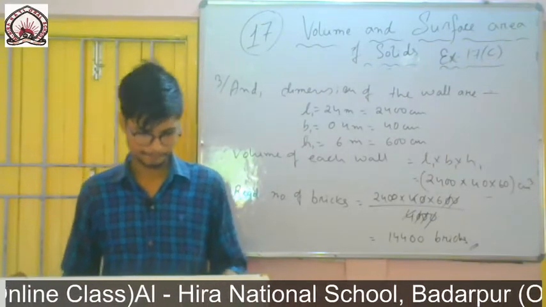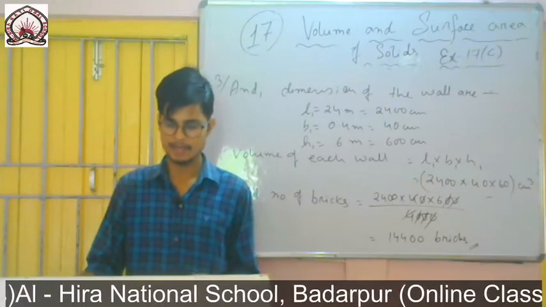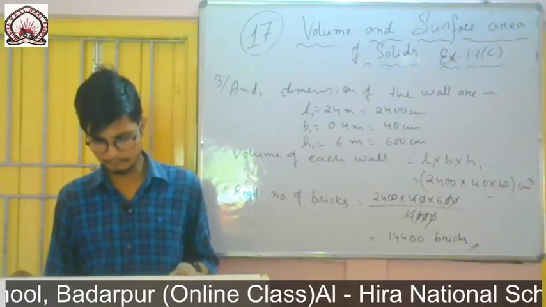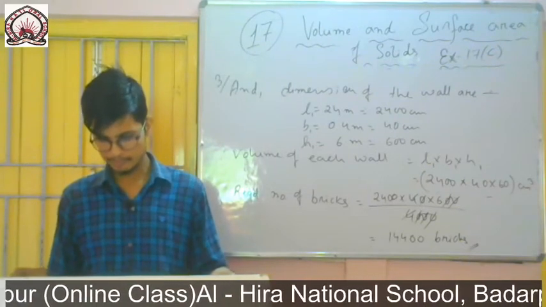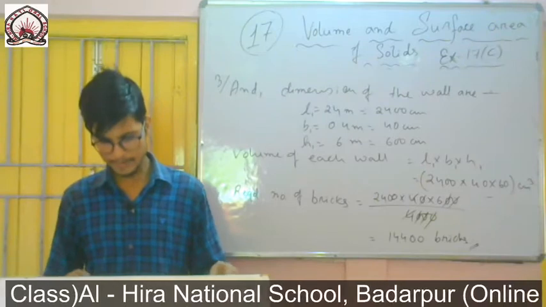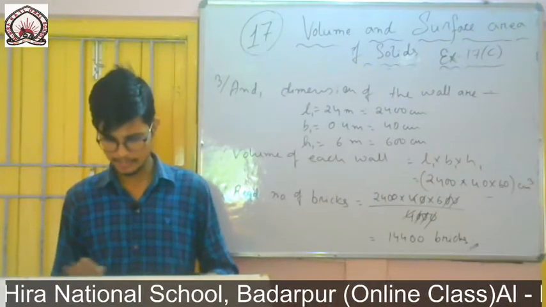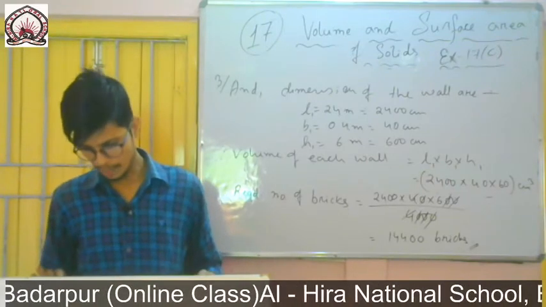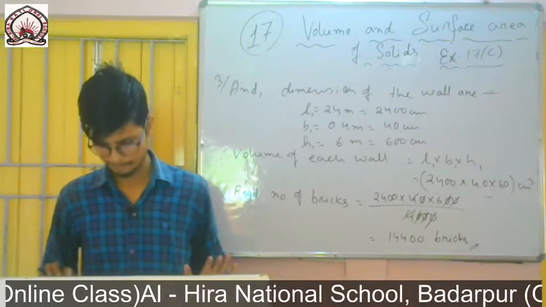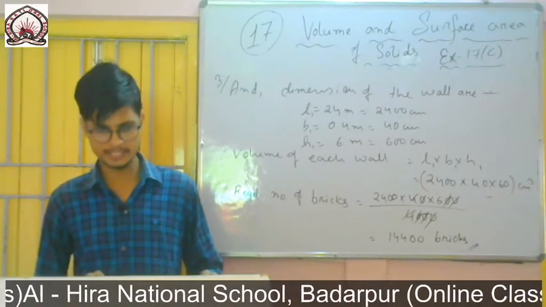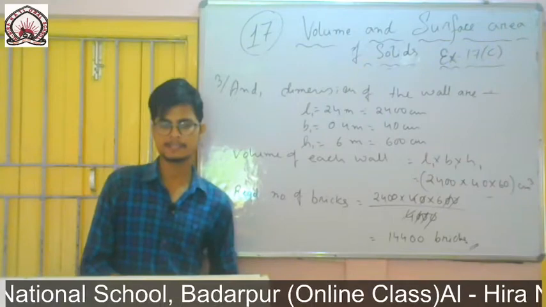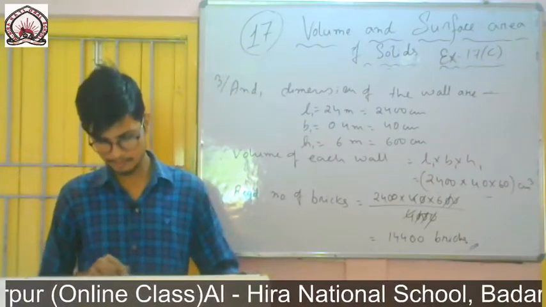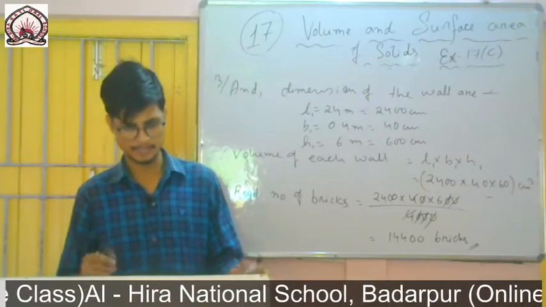Question number 5, a classroom is 12 meter long, 5 meter wide and 3 meter high. How many pupils should it be used if each pupil requires 5 meter cube of air space? So here the air space is given for each pupil, it is 5 meter cube. Question is to find how many pupils should it be used. So dimension of the class it is given, from there I will find the volume, and then simply I will divide it by 5, I will get the answer.